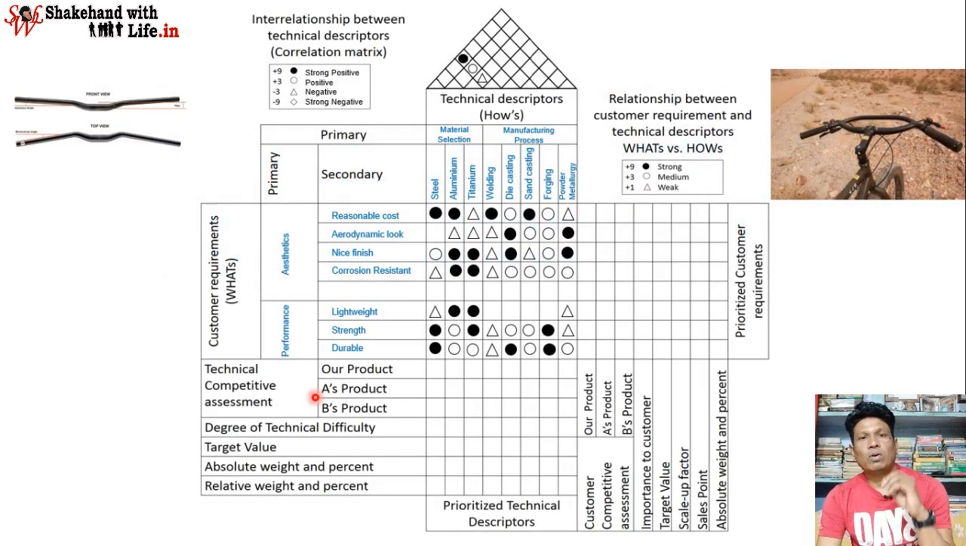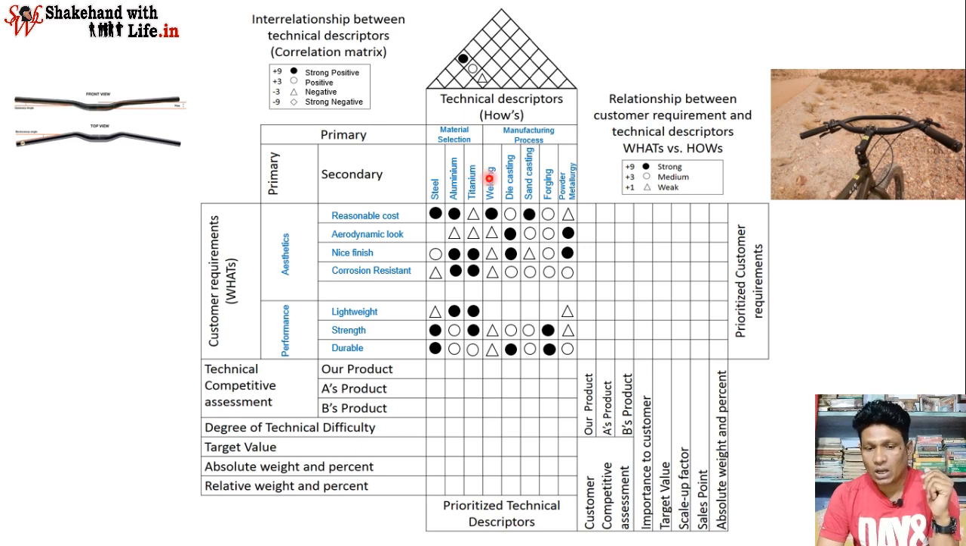Okay, now we come to our interrelationship matrix on the top of the house. Here we have the relationship between these three materials, steel, aluminum and titanium, with welding. First we study the relationship of all three metals with welding. Steel has a strong positive relationship with welding, aluminum has a positive relationship with welding, but titanium has a negative relationship with welding, right? So this way we can study the relationship of all three metals with the first process,